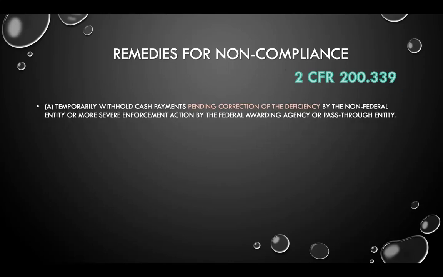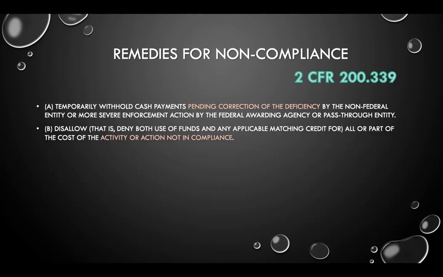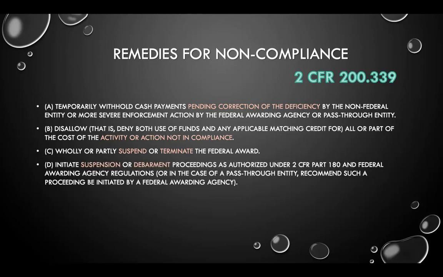It may temporarily withhold cash payments pending correction of the deficiency by the non-federal entity or more severe enforcement action by the federal awarding agency or pass-through entity. It can disallow, that is, deny both use of funds and any applicable matching credit for all or part of the cost of the activity or action not in compliance. It can wholly or partly suspend or terminate the federal award. It can